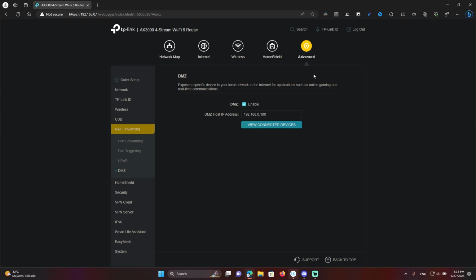For example, I have two routers, and in my ISP's router I have DMZ enabled, and I wrote my TP-Link's router IP address into DMZ, because then all options work, like opening ports or enabling web